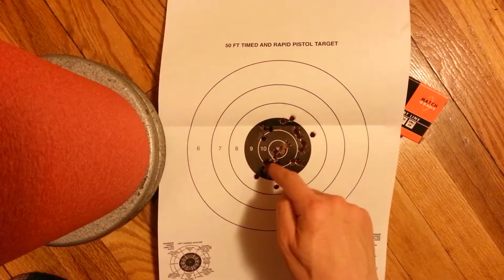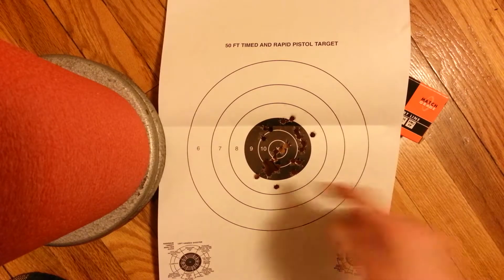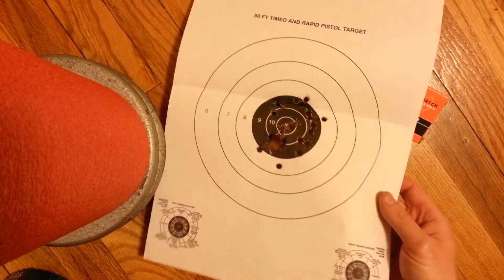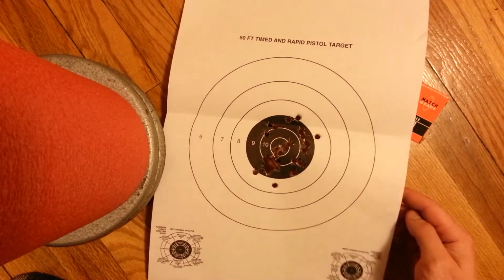But all this, I mean, that's basically bullseye. And I think I might have made an adjustment while shooting here too, so I wasn't too worried about it. But I mean, that's pretty good shooting. And